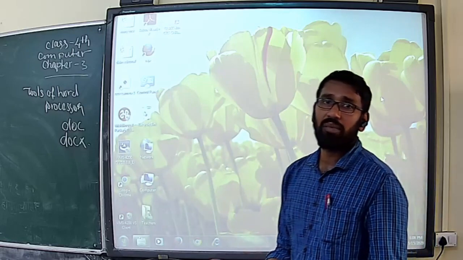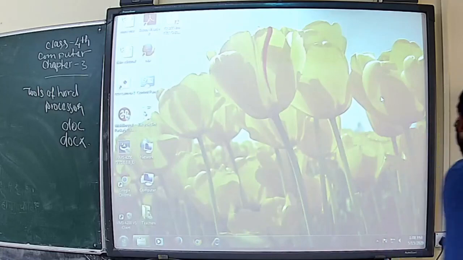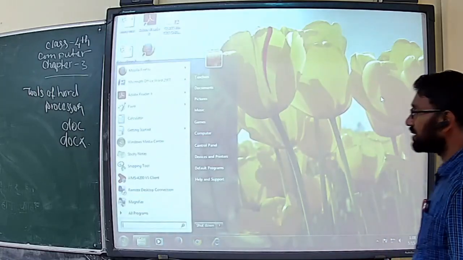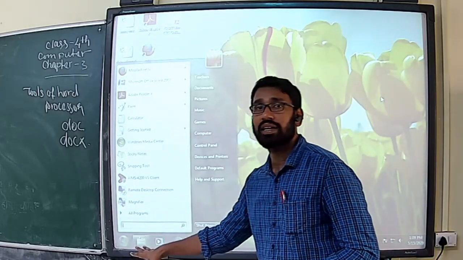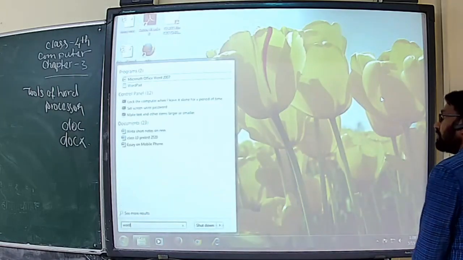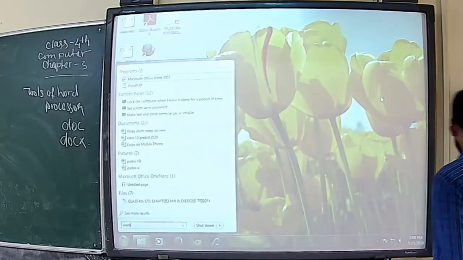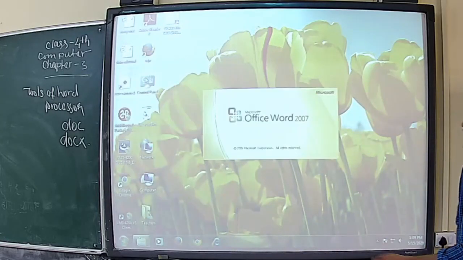The second method is to click the start button, where you can see a search box. Type Word in the search box, then you can see Microsoft Office Word. That way also you can open the Word application.